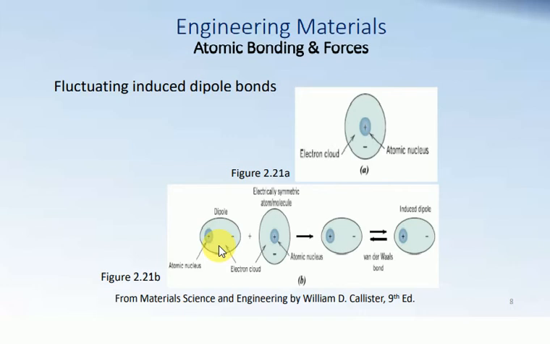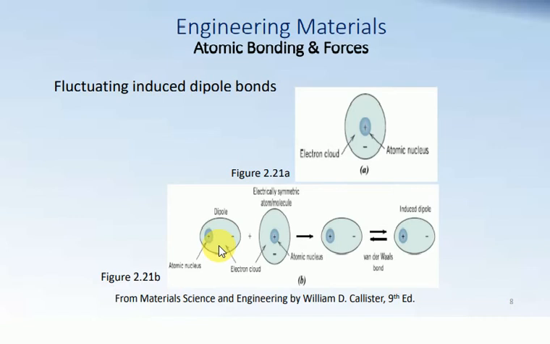When you bring some charged object into the proximity of another element or matter, it attracts the opposite charge to itself and repels the similar charge to the other side. Again, here a dipole that was positive and negative in 2.21b on your left comes into the proximity of an electrically symmetric atom that again has positive and negative charges, and then it attracts positive charge to itself and expels negative charge, and in figure B on the right side,